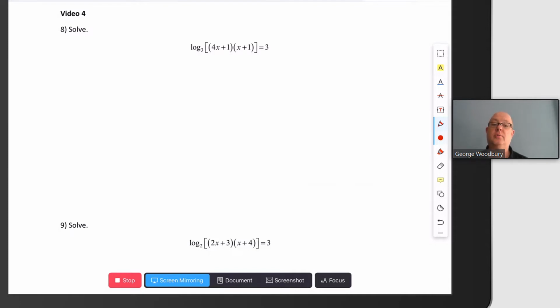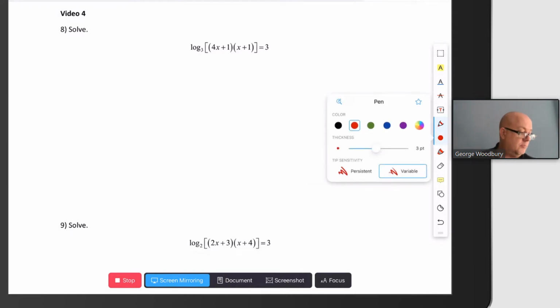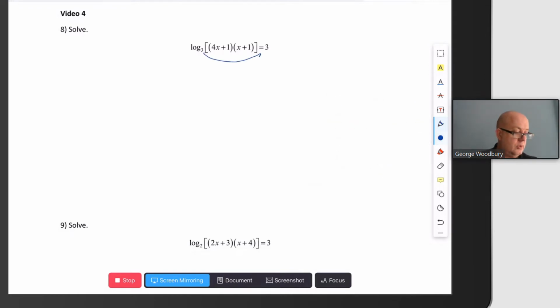A couple more logarithmic equations. They are similar except for the way each solution ends. So for the first one, I've got a logarithm of an expression equal to a number. I can start by changing that to exponential form by raising the base to the number on the other side of the equation. So 3 to the third power equals, and I'm going to go ahead and multiply out 4x